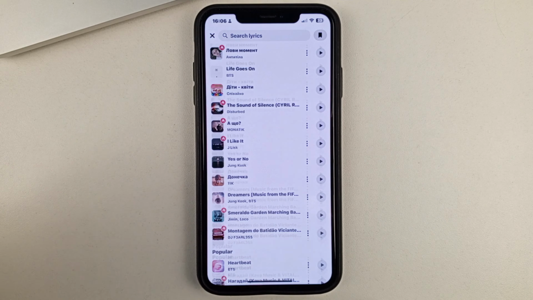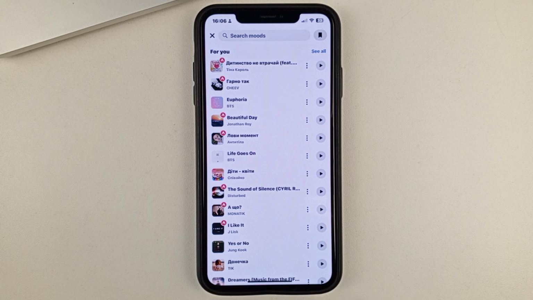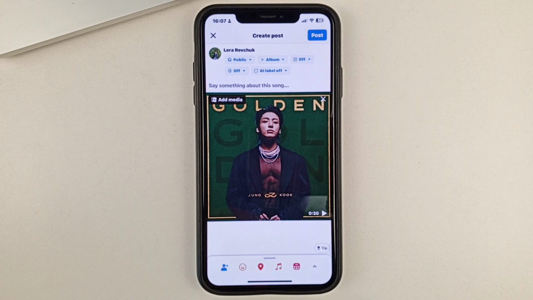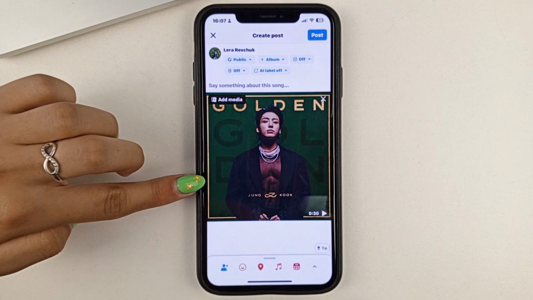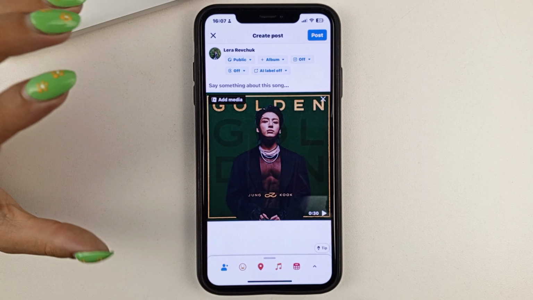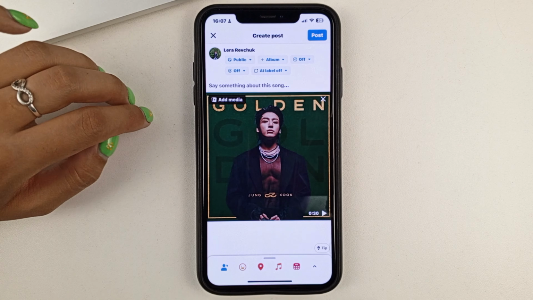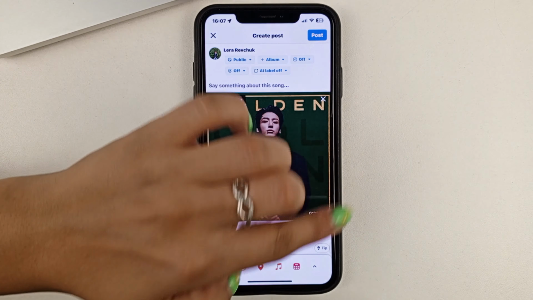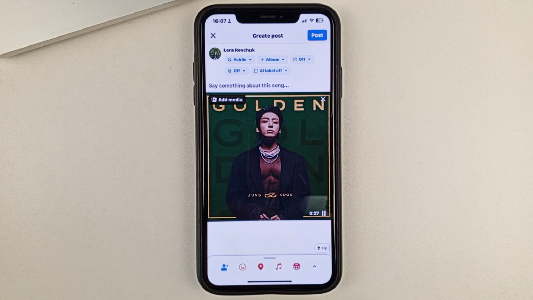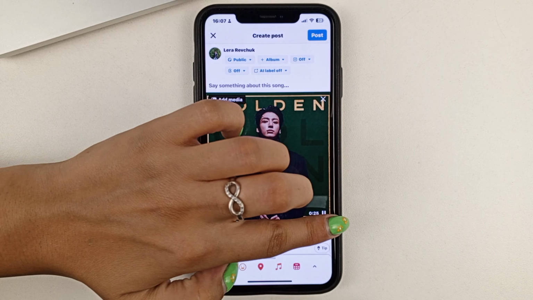After you find a song that you like, you can click on the player next to the music to listen to it. And let's say you want to play that song, click on the title itself. And as you can see this way, you can see an image of an artist or an album. And here you can also turn on the music to check that it's there.